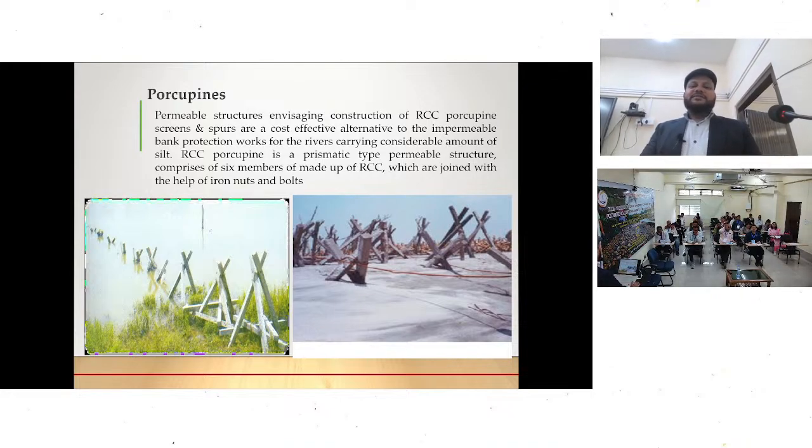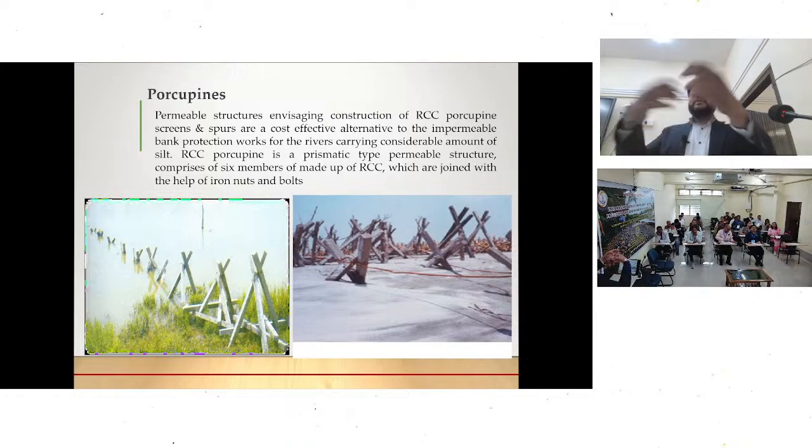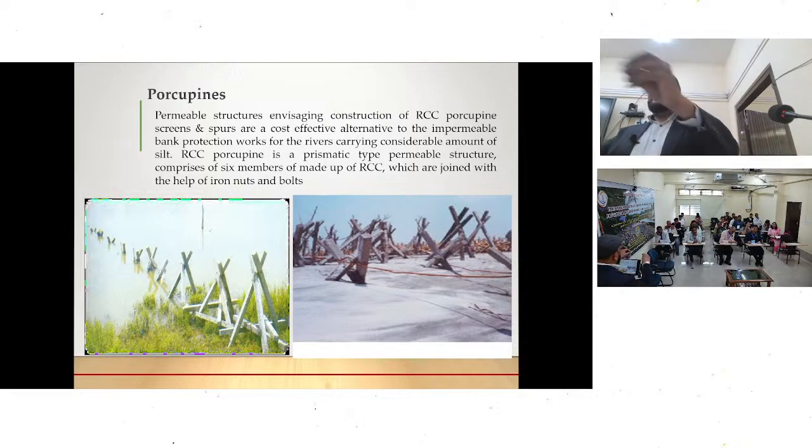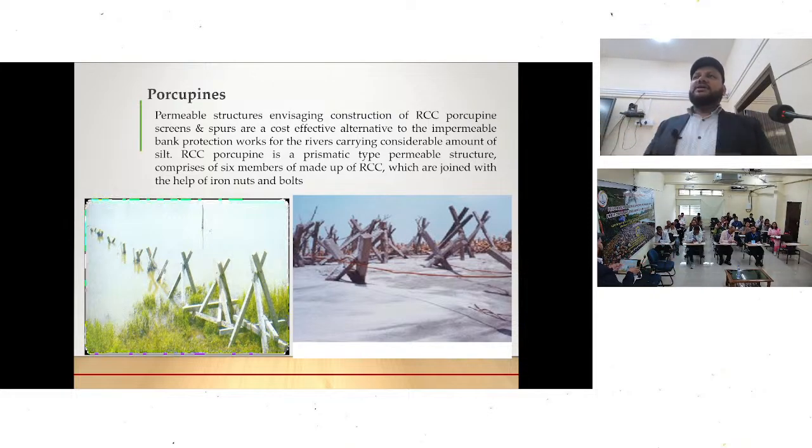Then RCC porcupines: we can dump porcupines in layers, or we can use them as a dampener, meaning to slow down the speed. If there is very high erosion in some area, we just put porcupines there, and it will stop the erosion. Or for long-term planning, we put them in a screen like this, with long length, in different layers. Five, 6 rows are there, then we put 2-3 layers.